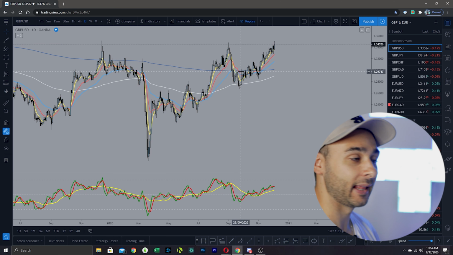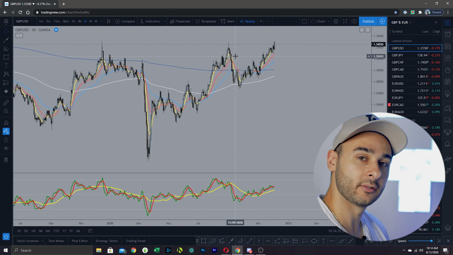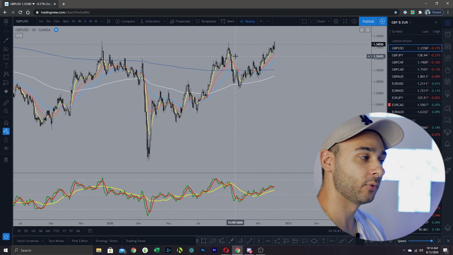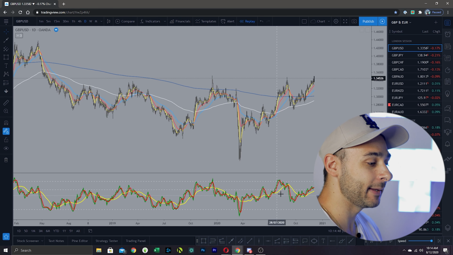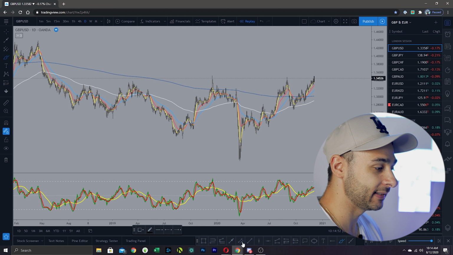So we're back on the daily chart now. I just want to go over a few things that I take into consideration on the daily chart. As I was saying previously, I think I've said this a few times now, but obviously the daily chart has more data, 24 hours worth of price in one candle. When you can see price on the daily doing stuff like this, where it's testing a significant zone,